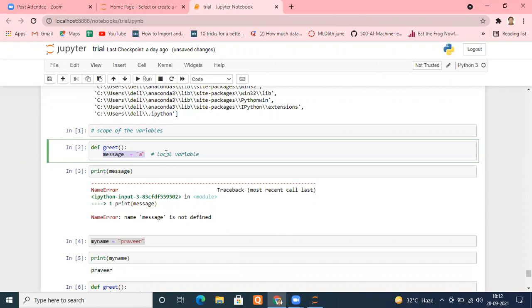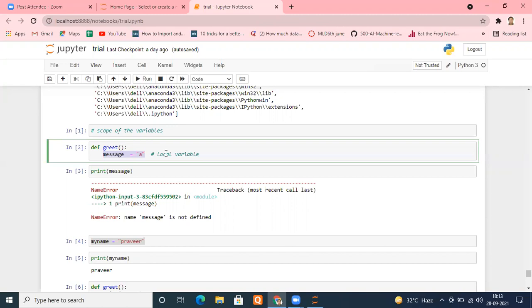Because it may be possible that we are working on a modular project. I am working on a module, you are working on a module, and we are creating some functions. It may be quite possible that we choose the same name for a variable. I'm working on a different task altogether, you are working on a different task altogether, but as we are not interacting, I may select the same variable name as you. If we integrate the project once completed and we have used the same variable name, then there will be a conflict.